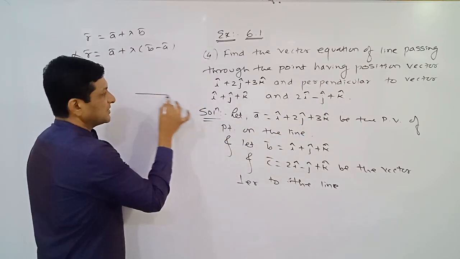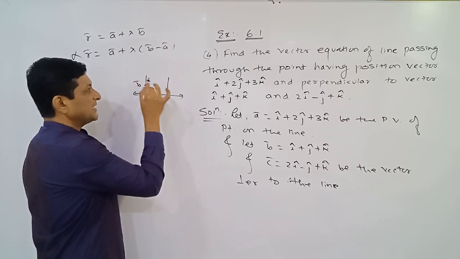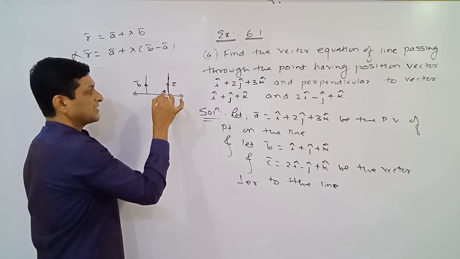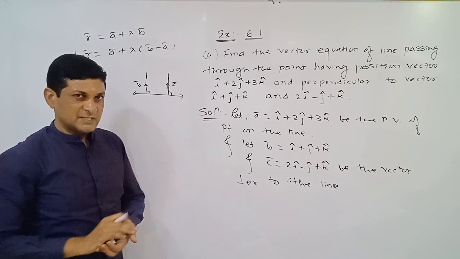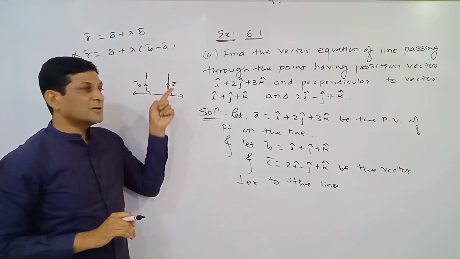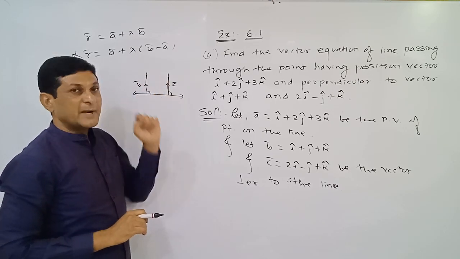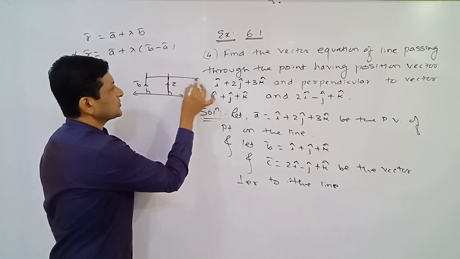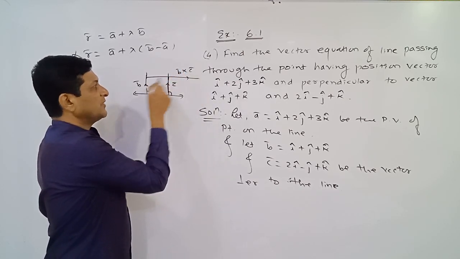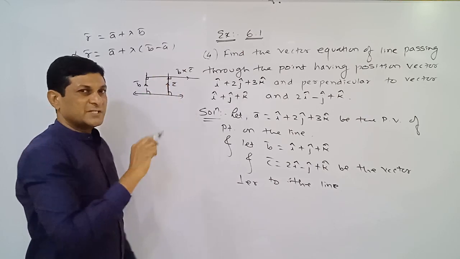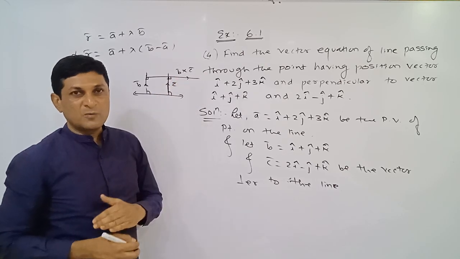Now try to understand here using these two vectors which are perpendicular to the line. Which two vectors are perpendicular? B bar and C bar are two vectors perpendicular to the line. It is given to us, isn't it? If we are taking cross product of two vectors, we will get a new vector which is perpendicular to B bar also and perpendicular to what? C bar also. Means if we are taking cross product of B bar and C bar, we will get new vector B bar cross C bar. This new vector is perpendicular to B bar also and what? C bar also.